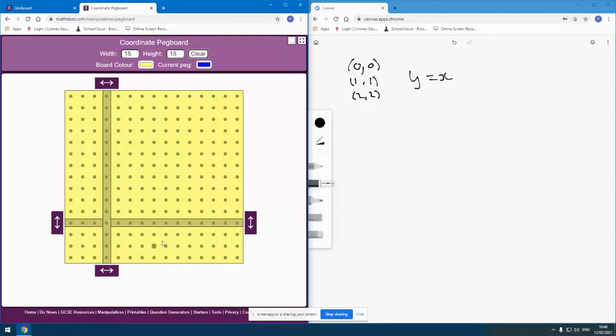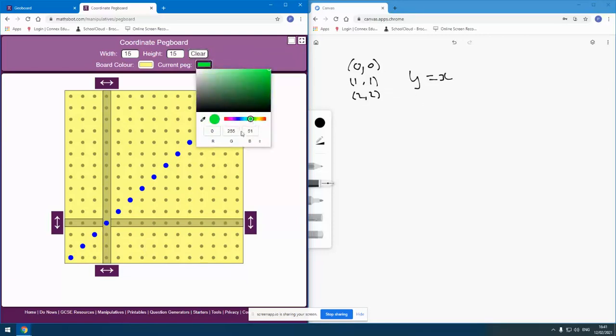And you can see I've set up my same axis here. So again, I could be doing very similar things. I could be popping pegs in and asking pupils, what are the coordinates of these pegs that I'm popping in? And again, we could get to this very similar, y equals x, or